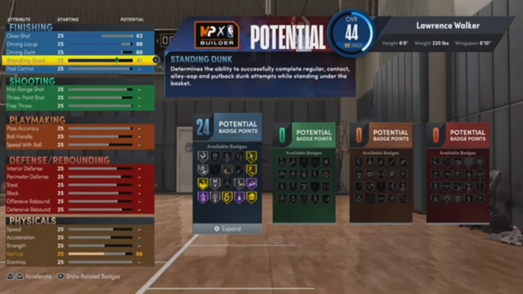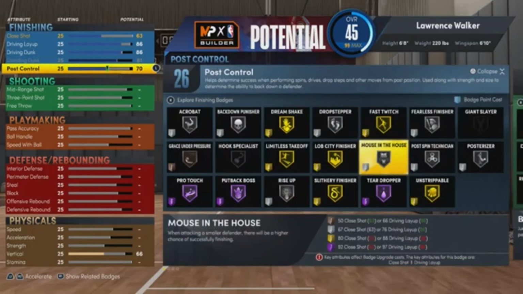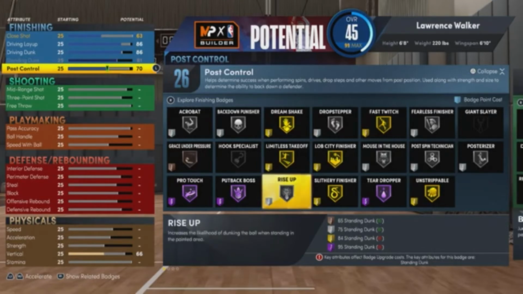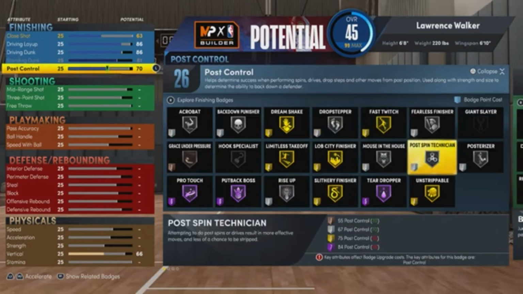So as far as finishing goes, this build definitely is a great finisher and can do it all. Post control, you're going to take that to a 70. Now as you can see, we got 26 finishing badges. Good enough for limitless takeoff on goal, which is an OP badge this year. You can get silver rise up. Now you get gold fast twitch,